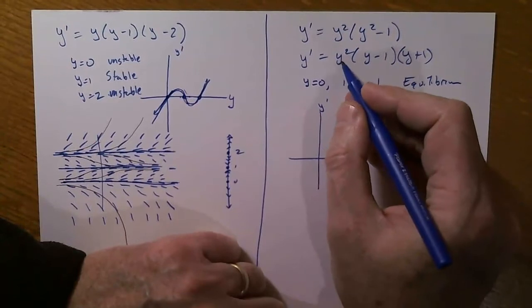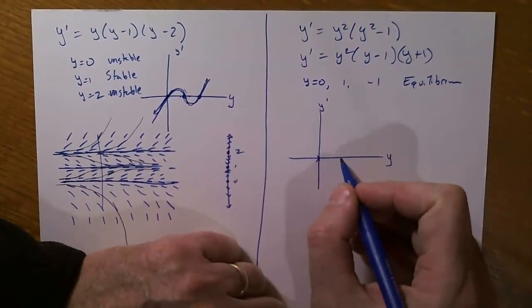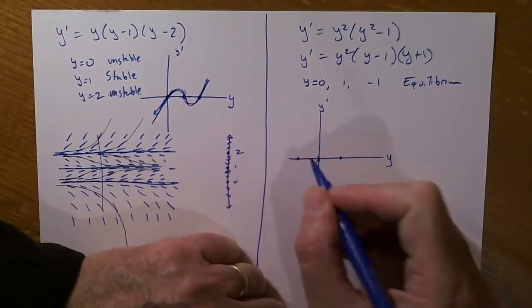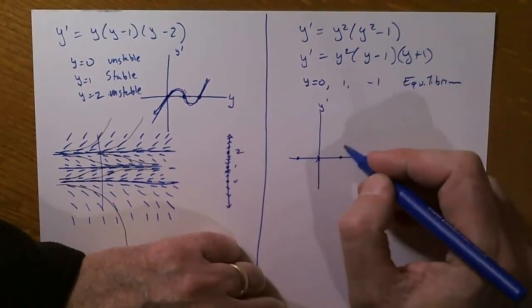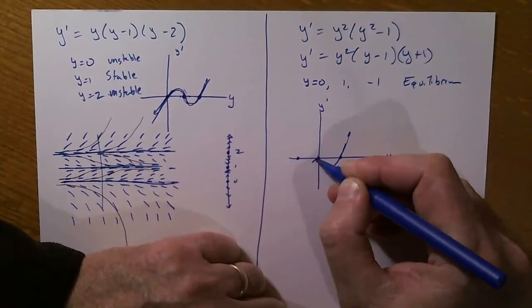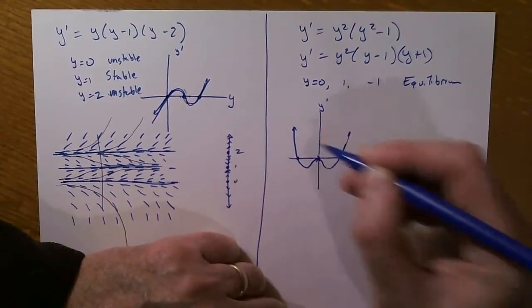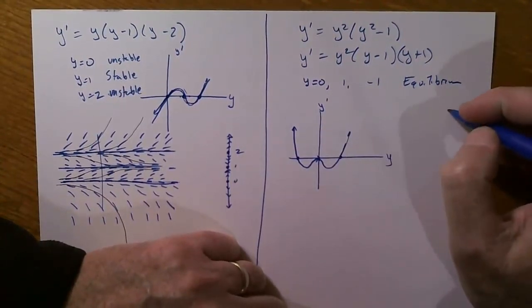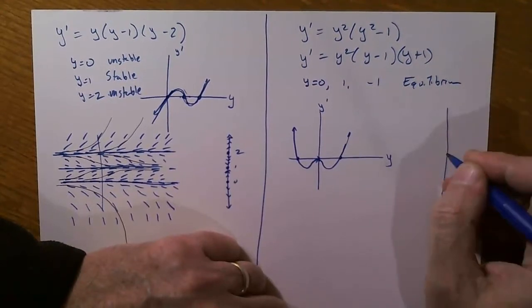I have a double root at 0, and I have single roots at 1 and -1. This is a 4th degree polynomial, which is headed uphill here. So it must do this and just bounce off of 0, head back down again, like that. So my phase line, my